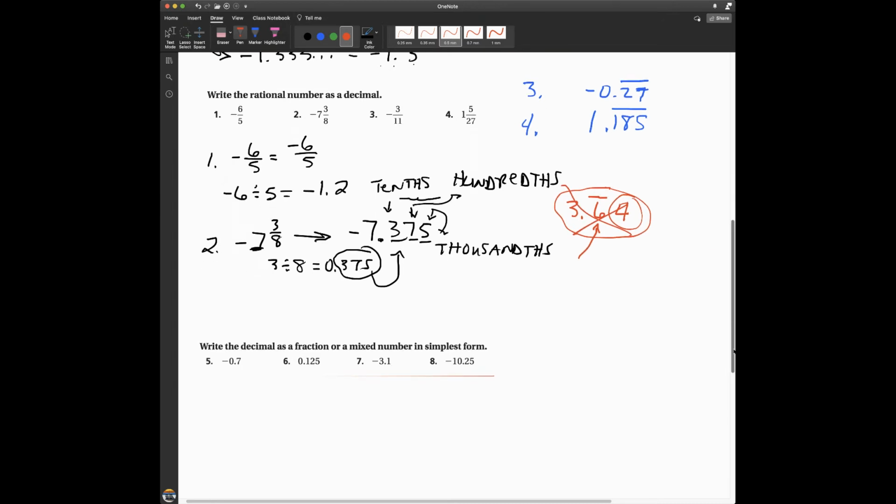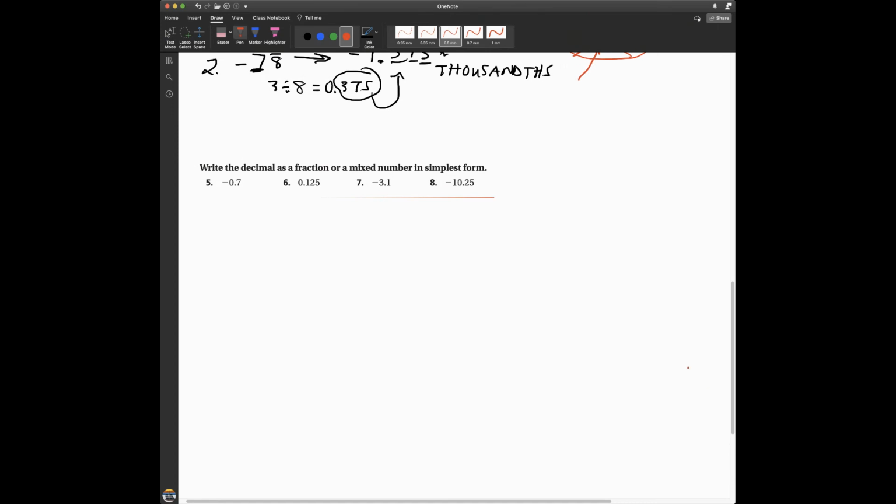All right, let's move down and look at number 5, 6, 7, and 8. So now let's work out these problems. It says write the decimal as a fraction or a mixed number in simplest form. So I'll do 6 and 7, and you can do 5 and 8. For number 6, let me write this down. 0 and